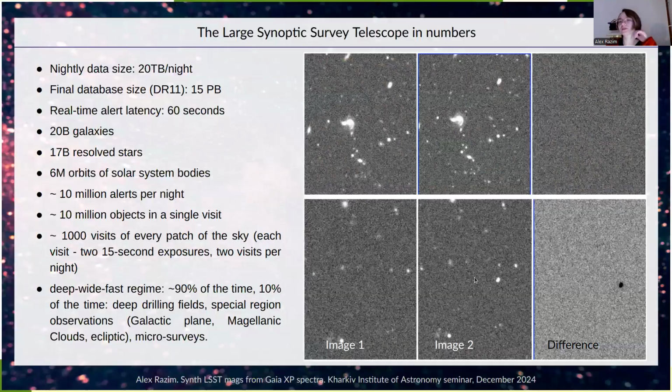And in terms of numbers, we are going to observe about 20 billion galaxies and about 17 billion resolved stars. Another thing where LSST is going to be excellent is the solar system, because we are expecting to get, in some cases, for some types of objects, an almost complete census of them. And another cool thing is that while there will be yearly data releases as usual,